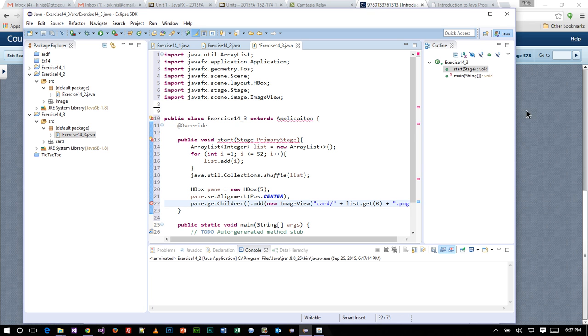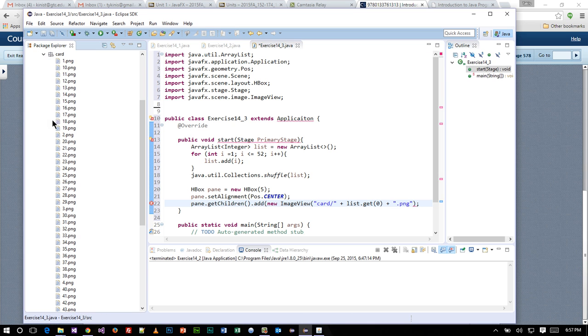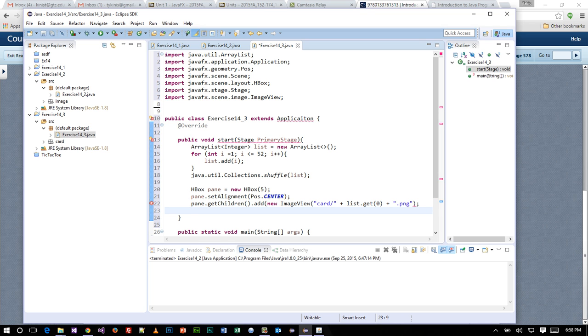So if you can visualize what's happening here, we're pulling up that directory, getting the card position number, and then appending to it the file extension. And the reason for that, why we're just using a number, is because the files are named with numbers, so